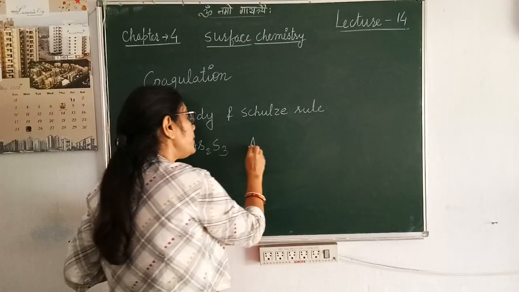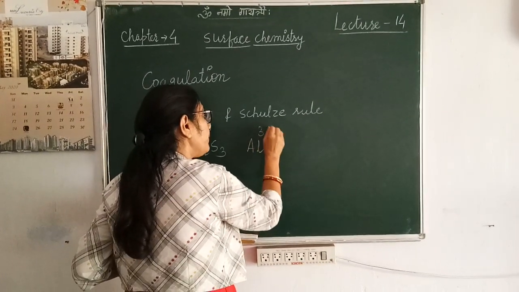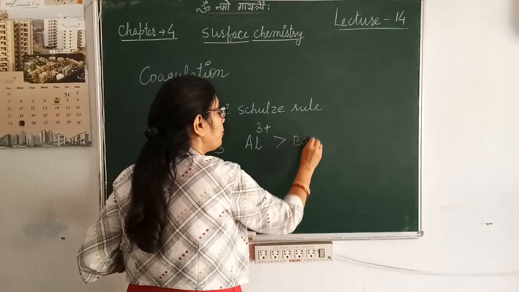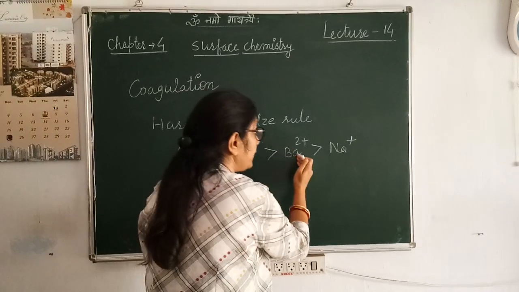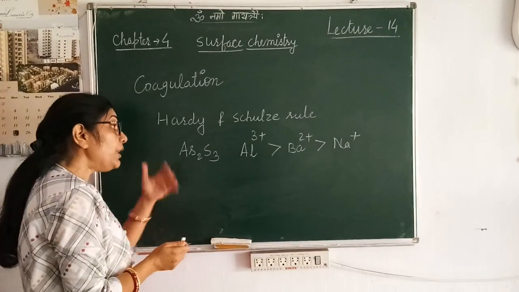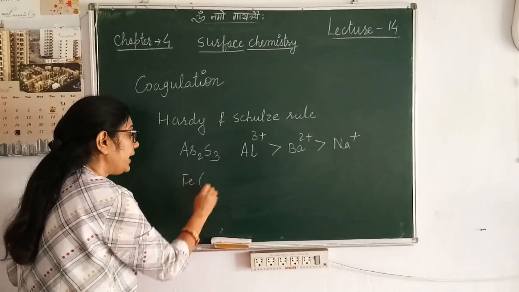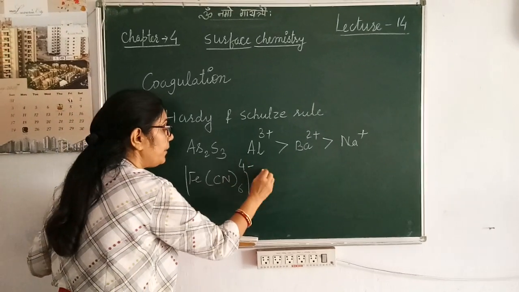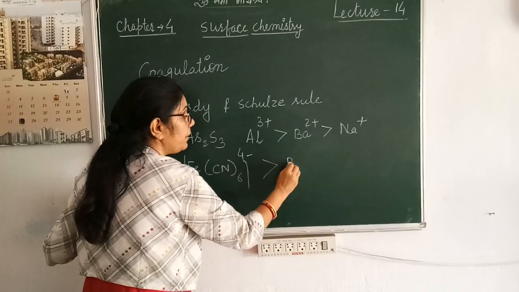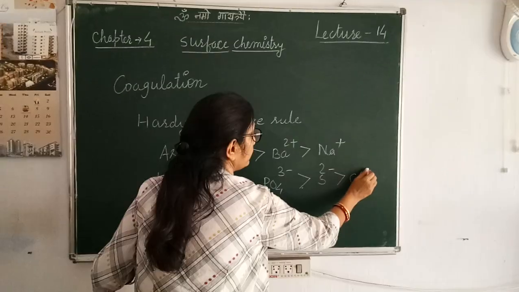In this case, the electrolyte which you add, aluminium, will have more coagulating tendency because it is trivalent, then divalent, then monovalent. Similarly, if a positive colloid is there, like ferric hydroxide, then naturally potassium ferrocyanide will have more power than